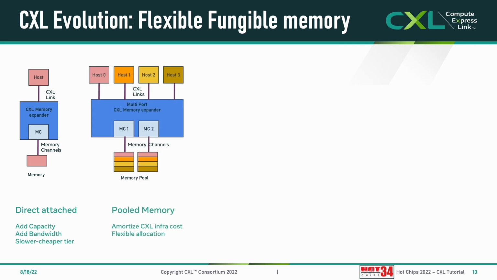The second generation of products will include full CXL 2.0 support and will allow memory pooling, which has the promise of reducing the overhead costs of CXL infrastructure, like the board and ASICs that are needed to attach memory. Additionally, this will also allow making flexible allocations on an as-needed basis to avoid static over-provisioning of memory on each